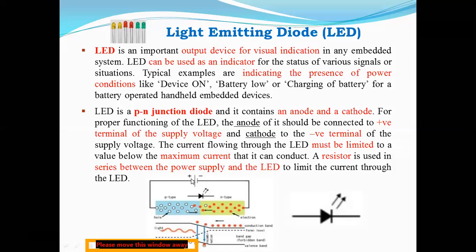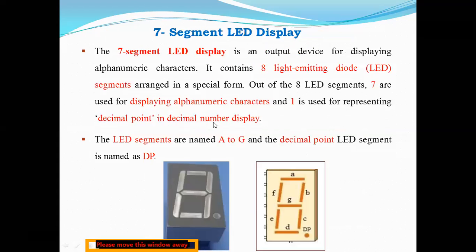When this is connected to the anode and the voltage is applied, what happens? The light will start emitting. The light color will be either green or red, depending upon what type of material is used in the P type and N type, right? So this is the concept used in the LED. Just remember the LEDs act as an actuator, that is the output device, connected in most embedded systems.